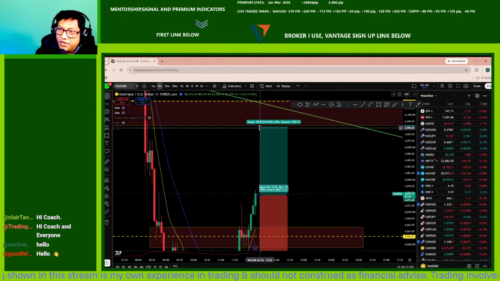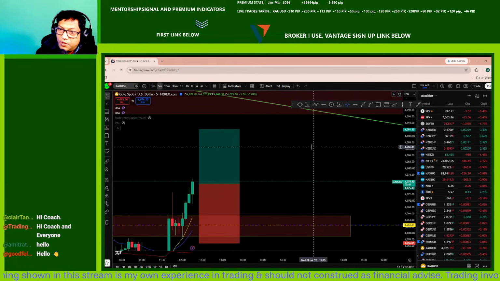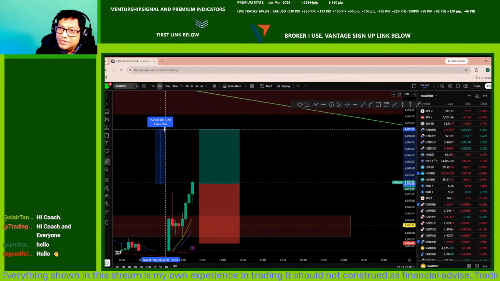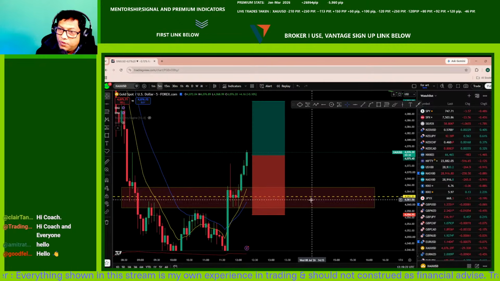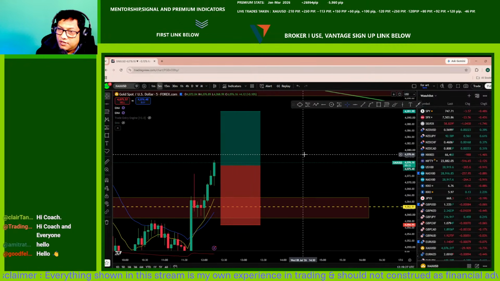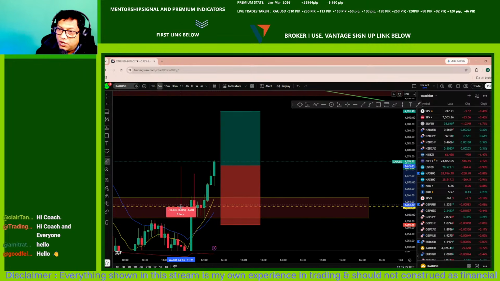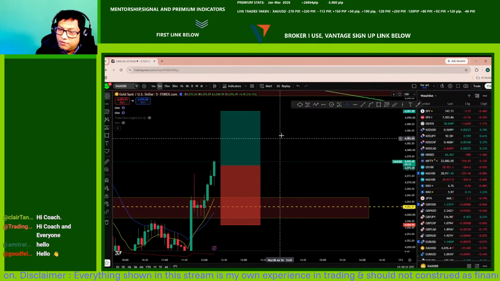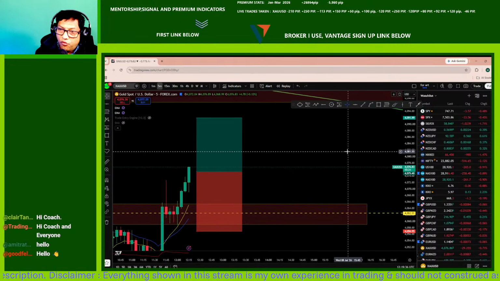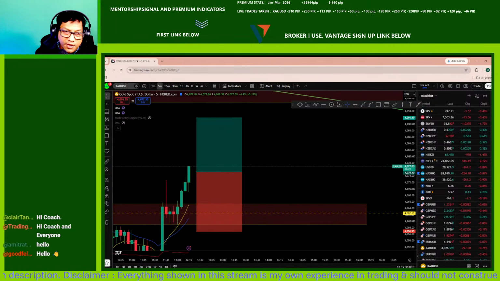So the possibility here for me is up to this level to go up and then to create a new higher high, which is a 170 pip move possible here to go ahead and create a new higher high. So if you look at here, also 180 pips. So this is what I would like to look for, a long position here at the moment on gold. Okay, because this is only the possibility here that, in my opinion, at the moment we could see in the